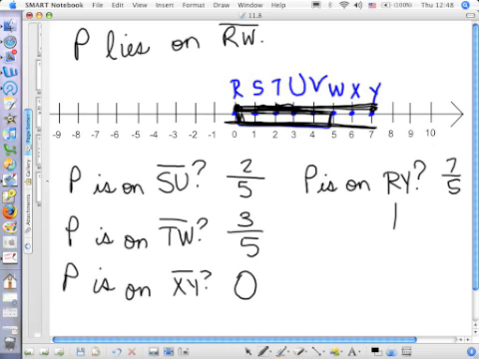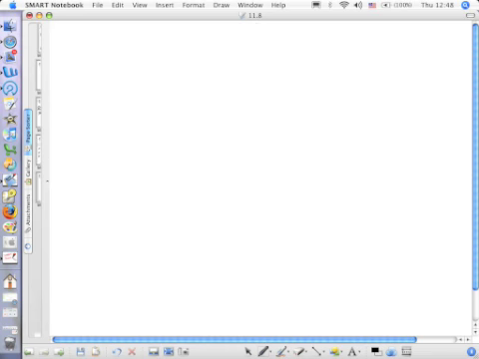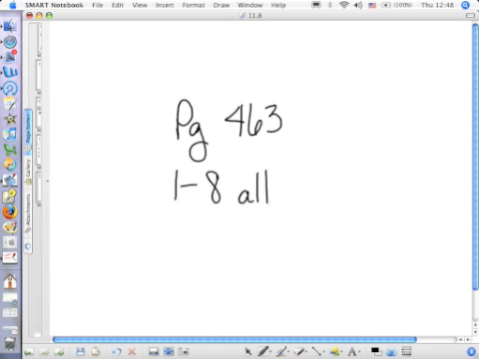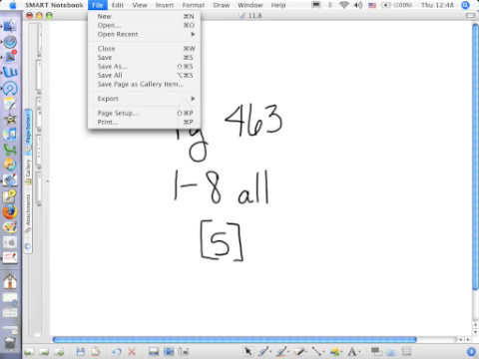Tonight you can be playing around with that stuff. Your homework assignment is on page 463. You are going to do 1 through 8 all. And this is assignment number 5. So if we get an improper fraction, it's always